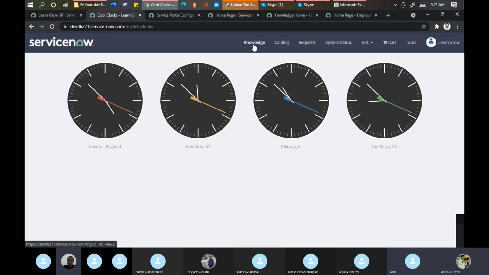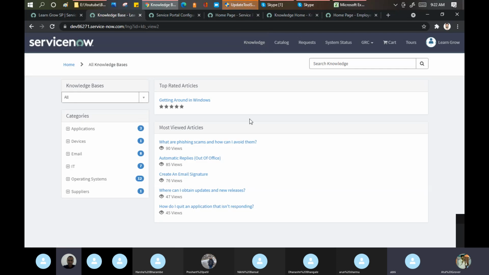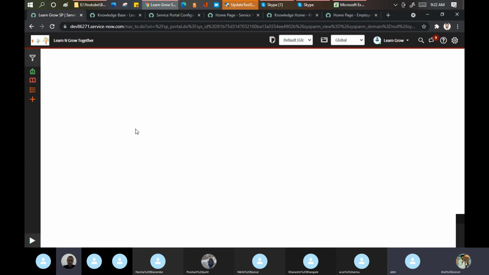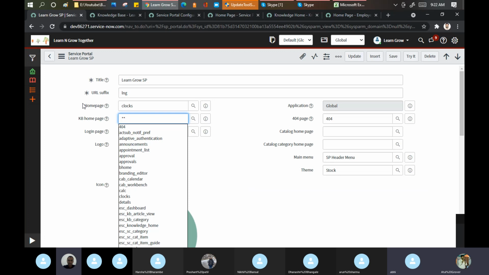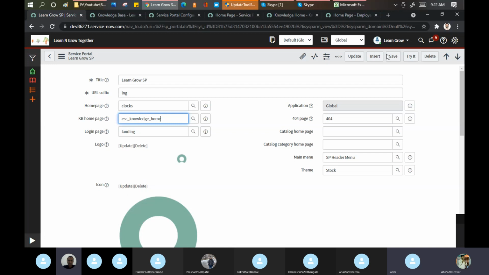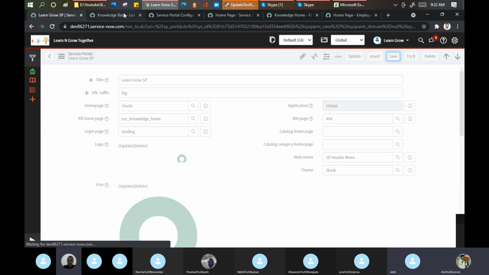Now when I click on the KB, knowledge base, I'm getting this page. No, it doesn't look good to me. So let's change it. Okay, you can change it. What do you want? I want when a user clicks on this knowledge, this one. I'm just putting random things.